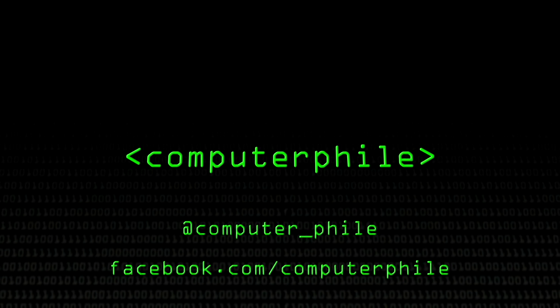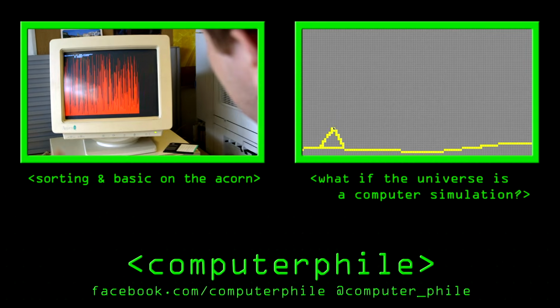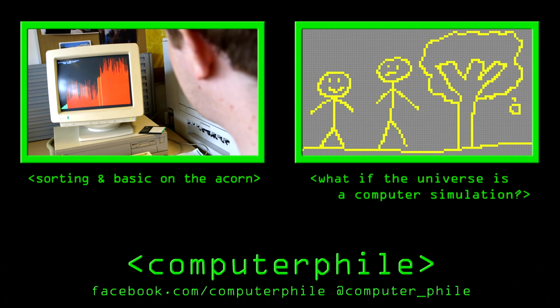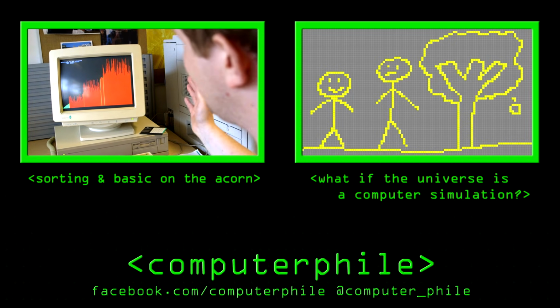What if the universe is just a computer simulation? How would we know? What sort of things might we expect to see? Could we ever tell? Could we ever be able to work out that we're living in part of a simulation,